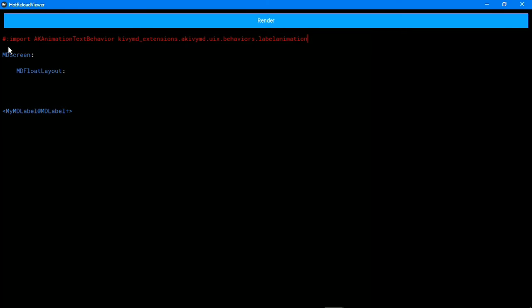Then again we have to write AK animation text behavior. Now we can use it in our customized widget. myMDLabel is ready to implement.